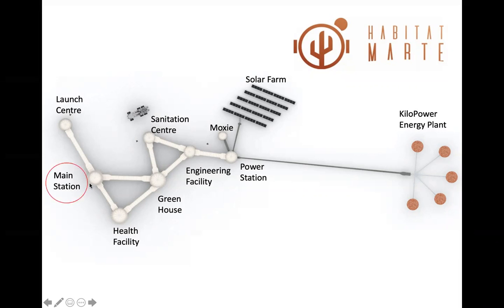In the case of the main station, we are considering Habitat Marte, after these conceptions, maybe like three circular or hexagon modules connected. Okay,